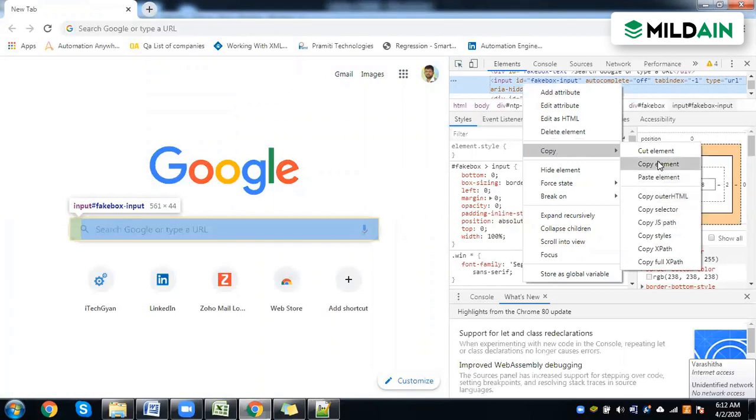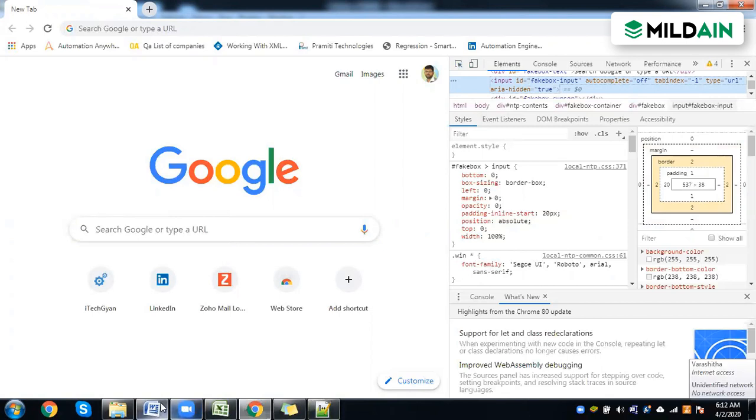Based on this, the tool is going to identify and perform any operation.